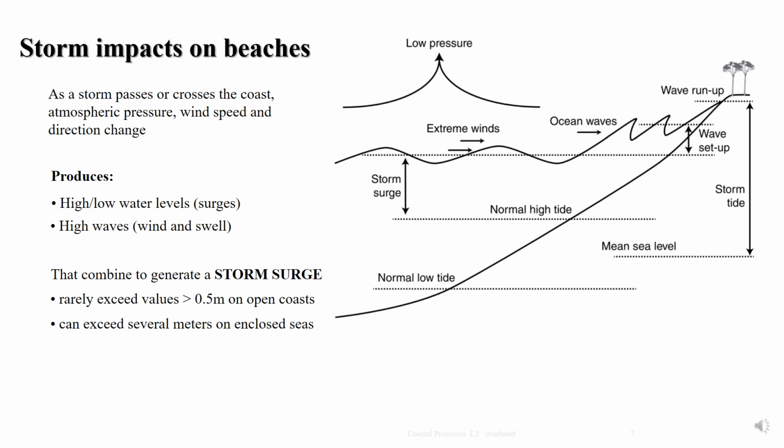Okay, so let's have a look at what impact a storm has on the beach system. This is showing you a schematic of a cross section of the beach. As the storm passes and crosses the coast, atmospheric pressure, wind speed and direction all change. And this gives us high and low energy events pushing across a very focused area of the water-land interface. So we have high and low water levels or surges. We have high waves generated from distant wave events or localized wind-driven waves. And these combine to give